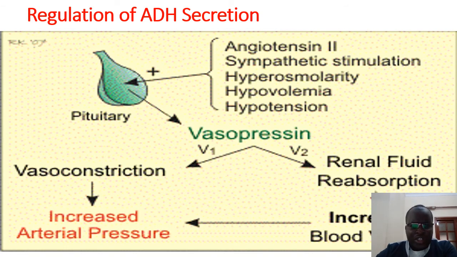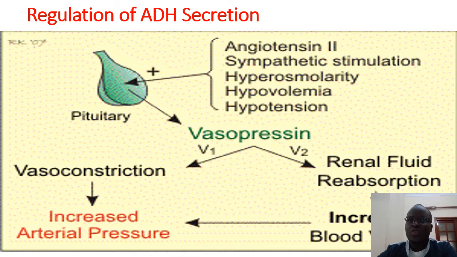So here is the posterior pituitary gland and the stimulatory stimuli that can cause an increase in the secretion of ADH. The first one is angiotensin 2. The angiotensin 2, of course, is going to stimulate the release of ADH. Why? It's because angiotensin 2 is secreted when there is reduced blood volume or reduced blood pressure. Remember the renin-angiotensin-aldosterone system. Once the renin is produced by the kidneys, when there is low blood pressure or low blood volume,